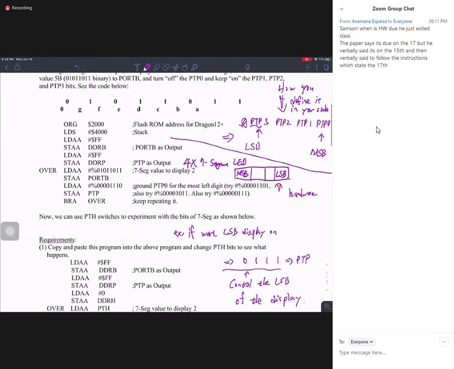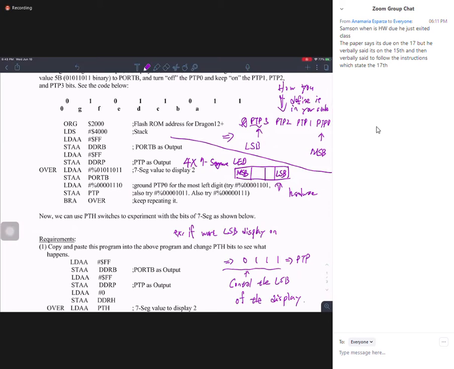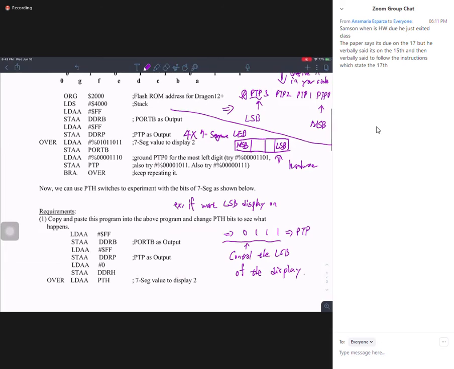So it's kind of like the display would show 1110. No, so it's only going to show 1 at the very end. Okay, so this might confuse you, but